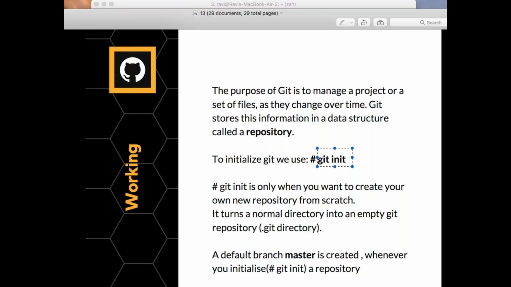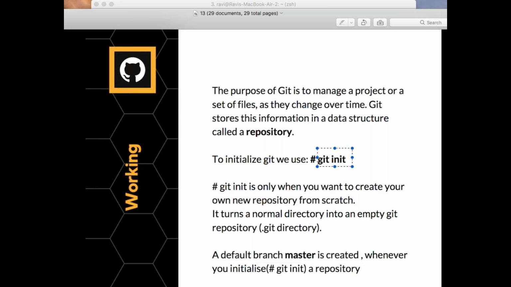Now here you are going to do git init. Whenever you do initialization, it means you are telling that the website or the project you are working on will be called a repository, specifically a Git repository. So whenever you do git init in any directory, it means that you are making the directory your Git project.